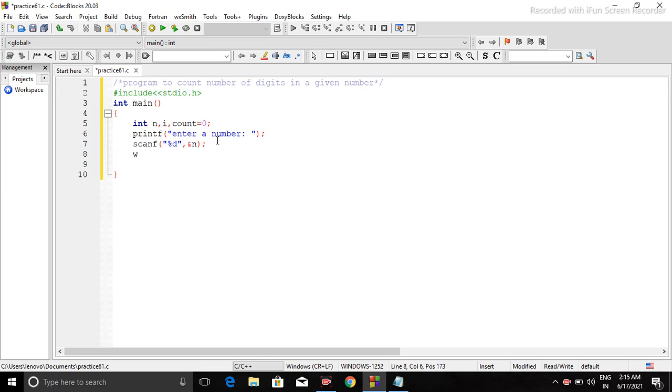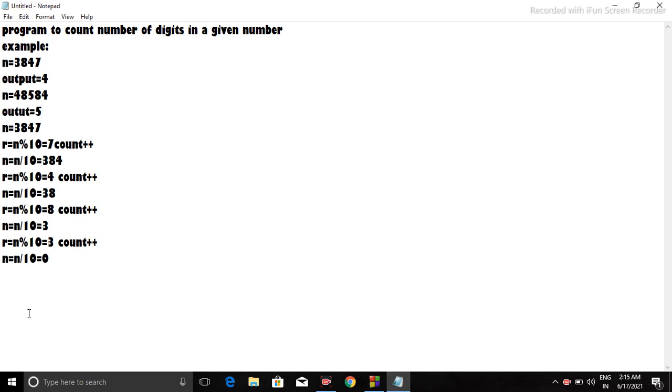We will run our while loop until our n value becomes equal to 0. So we have to check the condition until the n value is not equal to 0, because at a certain point of time our n value is going to be 0, and at this point we have to stop our execution.